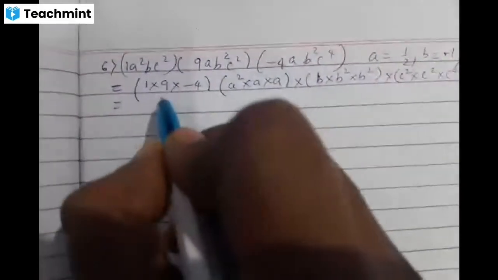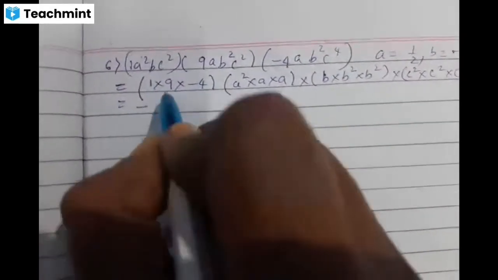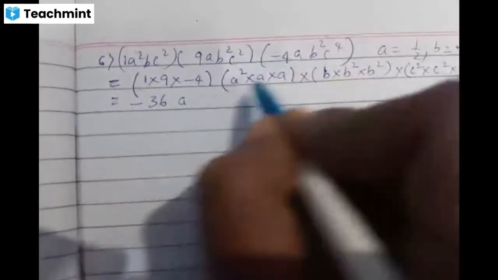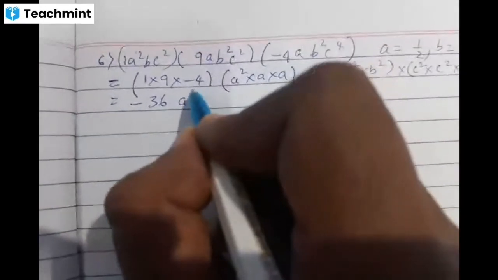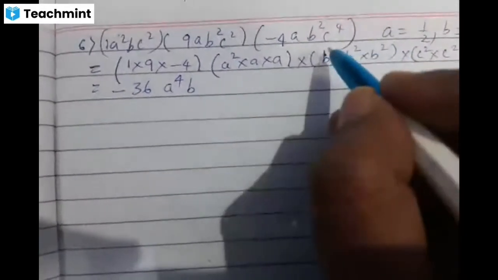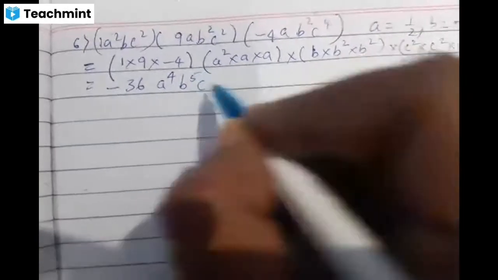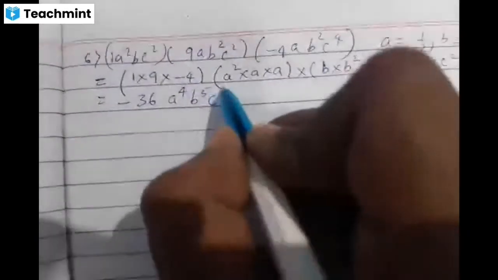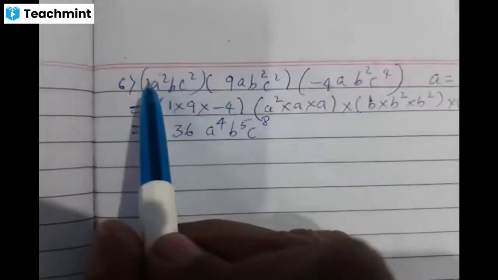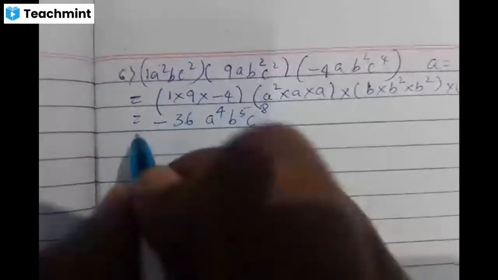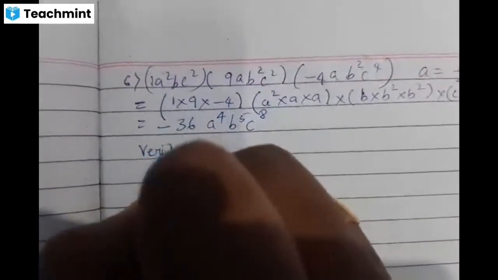In the next step, plus into minus is minus, 9 fours are 36. A power will be 2 plus 1 plus 1 which is 4, children. B to the power of 2 plus 1 which is 5. C to the power of 2 plus 2 plus 4 that is 8. So we have got the answer. Here the question is considered as LHS and the answer we get is RHS. For verification,